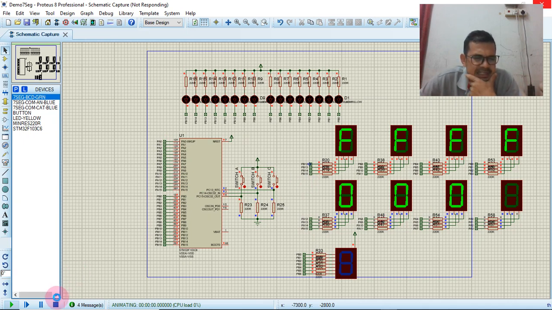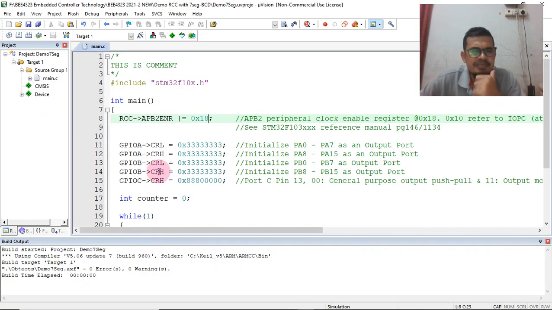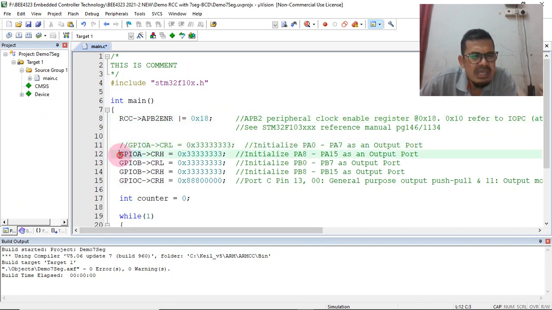I try to stop the simulation. It seems that Keil doesn't want to stop. Never mind. So what should we do? Since we disable port A, anything related to port A we need to disable.